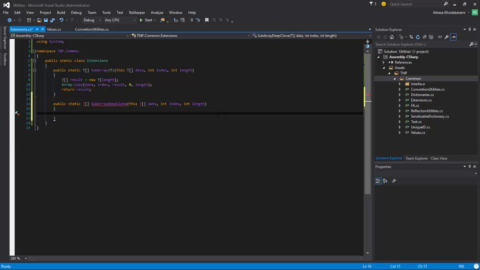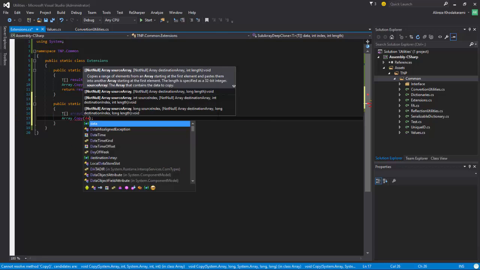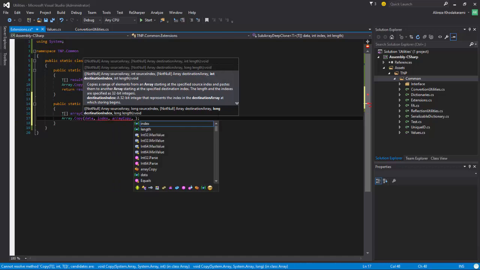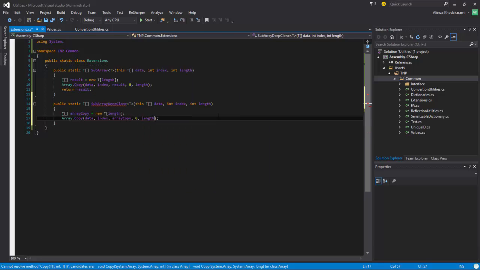Okay, now here we say t array. I forgot something. This is generic, so we need to assign the t here. Okay, t array, we say array copy equals to new t of the size length. Now we say array dot copy the data index into array copy 0 length. Well, this is almost like this part,